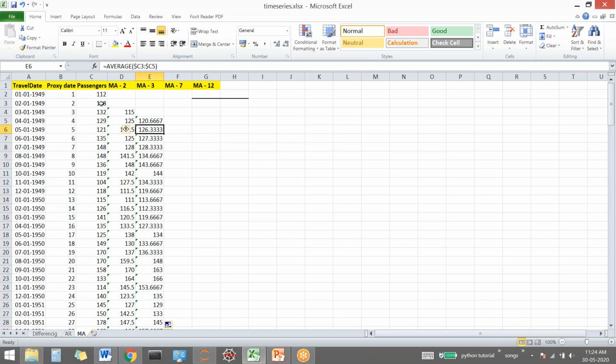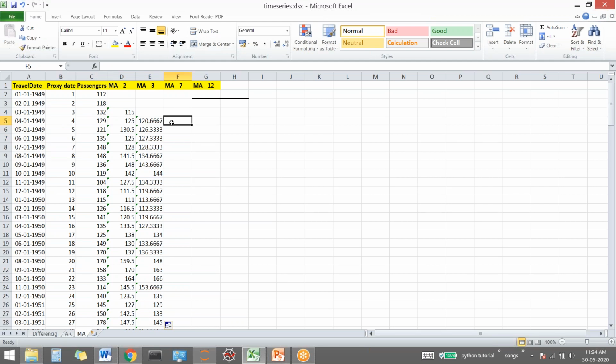अब 126 के prediction के लिए this 118, 132 and 129, this 3 window is used because हमें उसके just 3 days back in the past, that is 3 months in the past, were used in order to make prediction for the 5th day. In order to make prediction for the 6th day, because window size क्या है? 3 for column E, so we'll be using month number 3, 4 and 5 in order to make prediction for 6th month. So it will be different as per the window size.